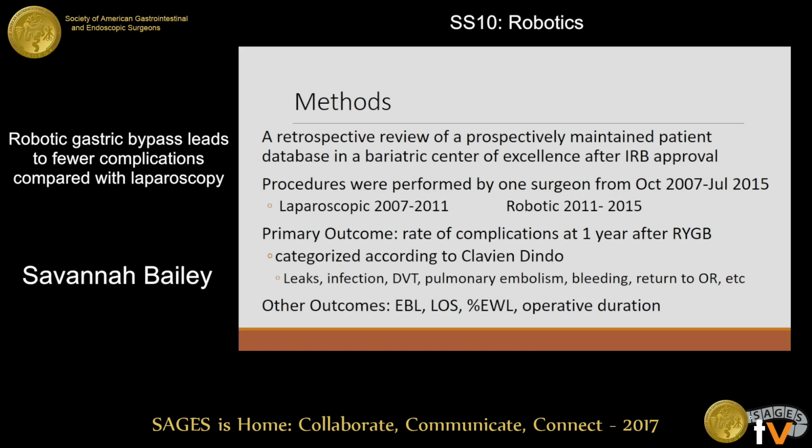The study was a retrospective review of a patient database. After our IRB approval, the procedures were performed by one surgeon from October 2007 to July 2015. The laparoscopic procedures were performed first, from 2007 to 2011, and then he switched over to the robotic technique from 2011 to 2015. We stopped at 2015 because the patients had to have at least a 1 year